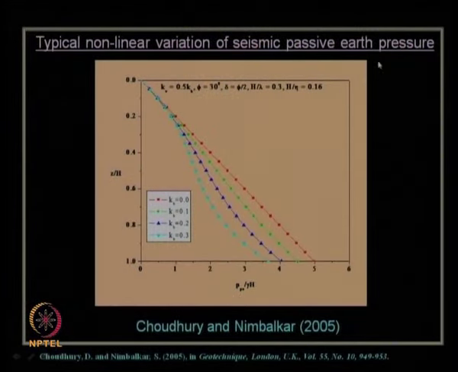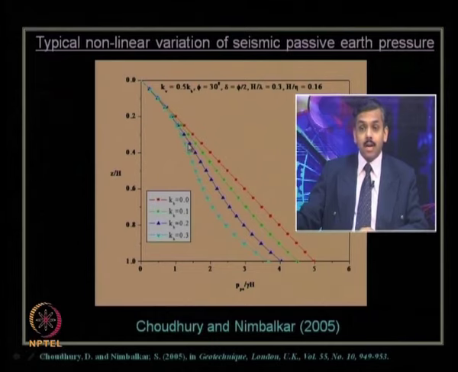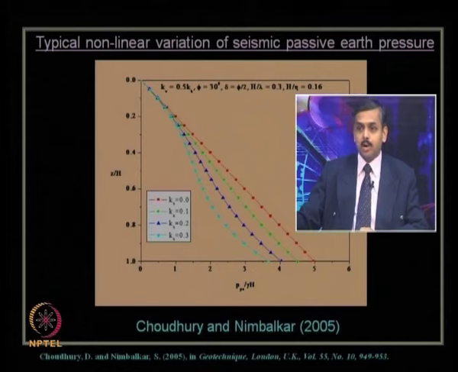So, for the seismic passive resistance, you can clearly see now the seismic earth pressure distribution is fully non-linear. Earlier in all the pseudostatic methods, we were getting linear earth pressure distribution, which should not be the case, because we know due to seismicity the earth pressure cannot be hydrostatic or a triangular distribution, it cannot be a linear variation, it will be a non-linear process. So, that non-linearity has also been captured in this pseudodynamic method. So, these are all the advantages of the pseudodynamic method.